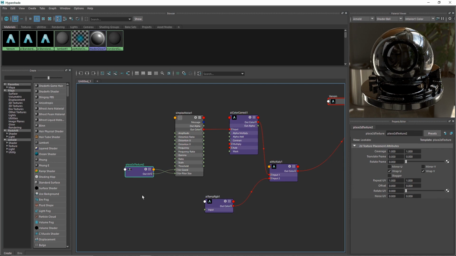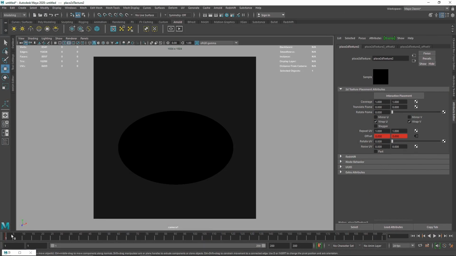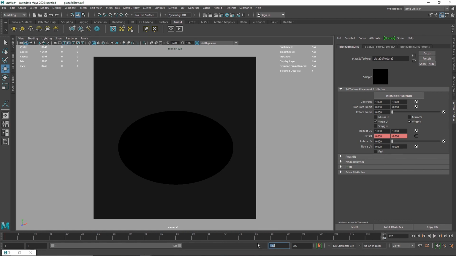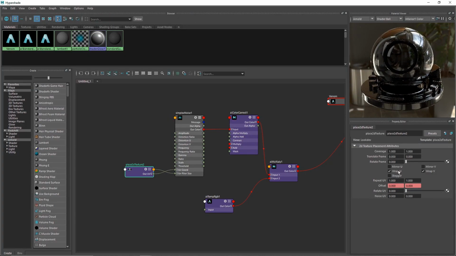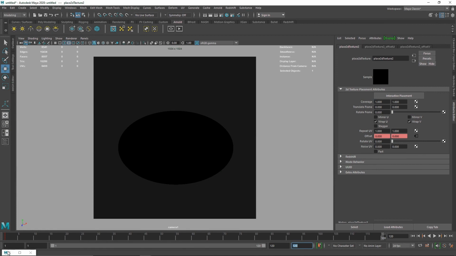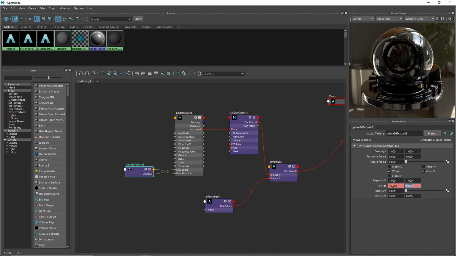I'm going to go to my place 2D texture, and right at the offset here, I'm going to set key, and if I'm right, the key has been set to the first frame. I'm going to go to something like 100, maybe 120. Let's go 120, and open up our hypershade again and change the value here to something like a 10, and right click, set key.